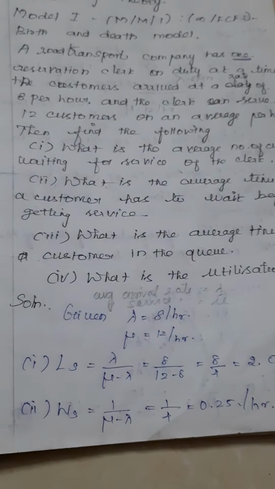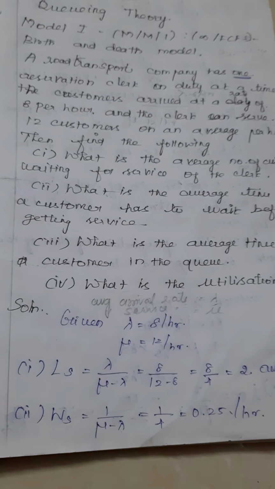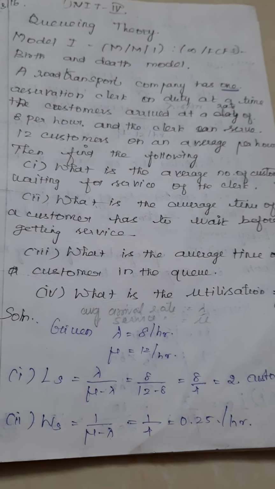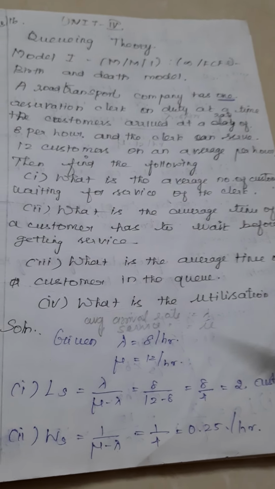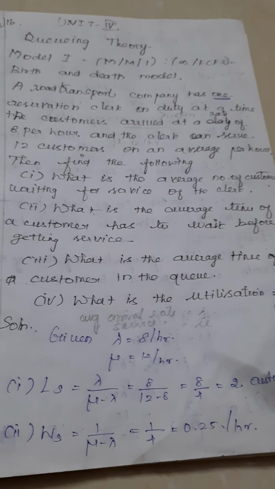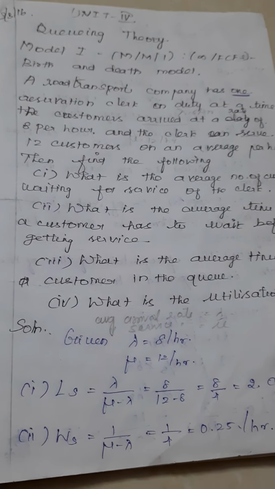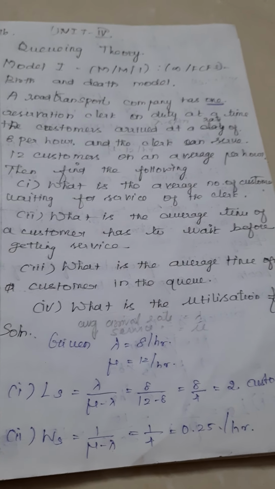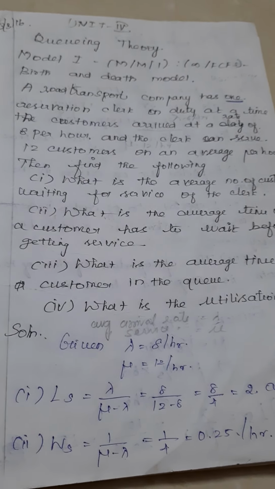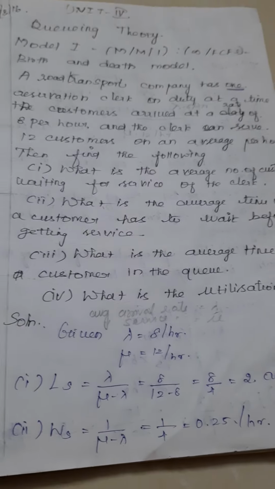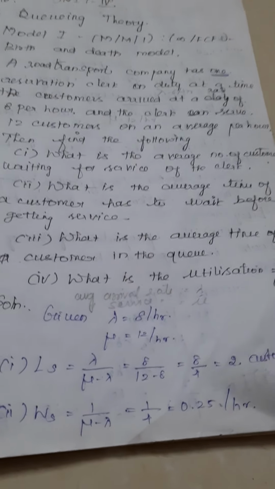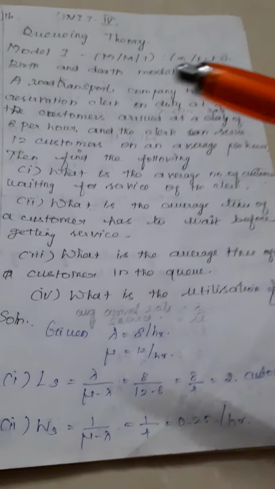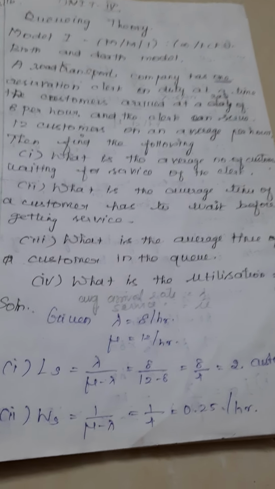To start with the first problem, as we have seen in the introduction part, the problems under queuing theory are all about finding either the length of the queue, or the waiting time of the queue, or the probability of the system being idle, etc. They are solved only by using the formula. So already you have got the formulas in hand for Model 1. Now let us see how to use the formula in the following problems.